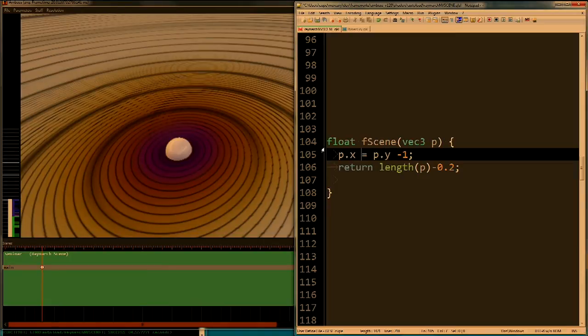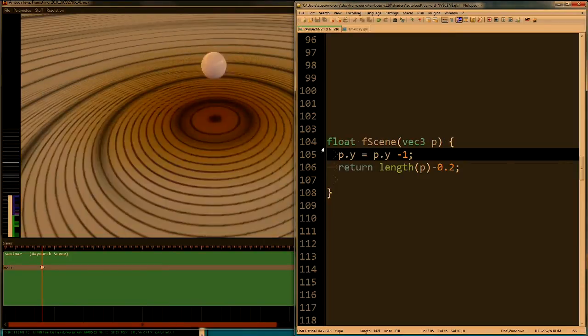Or to make it a bit more visible, the sphere is now floating. So you notice I've written -1 and it's gone up. The coordinate system is y is up. I've subtracted 1, so this seems a bit counterintuitive, and